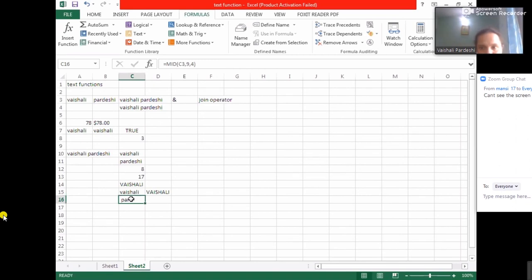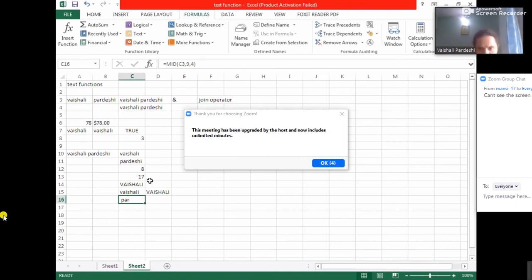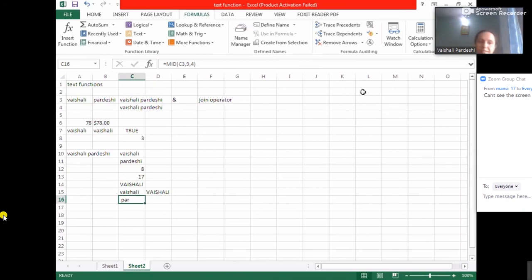Okay, so when we separate name, middle name, and surname, we have these 3 things in a name. So we can separate a person's first name in a separate column, his middle name in a separate column, and his last name in a separate column, instead of asking him to write 3 different things in 3 different columns. तो एम्प्लॉय को वो नहीं करना पड़ता है. आप उसको सिर्फ फॉर्मूला वो शीट में डाल के दो. The minute he enters his first name, middle name and last name, the next 3 columns, the other things are getting filled on their own.